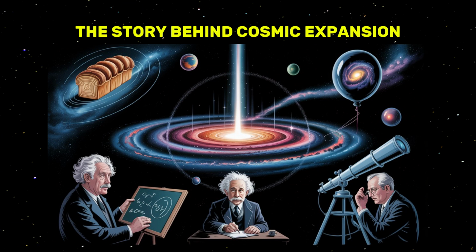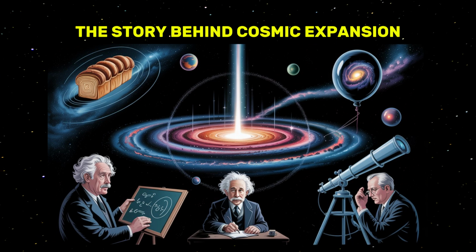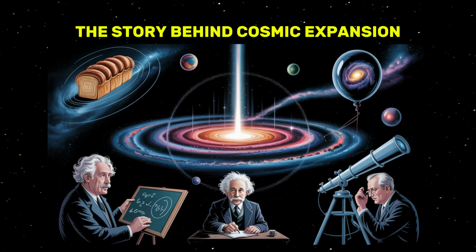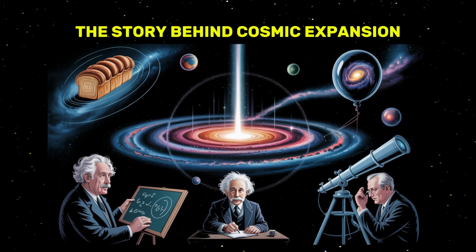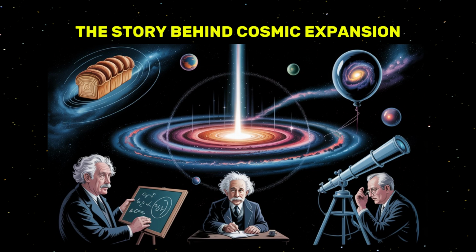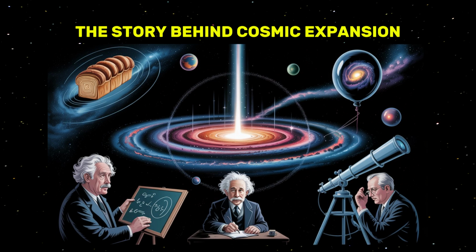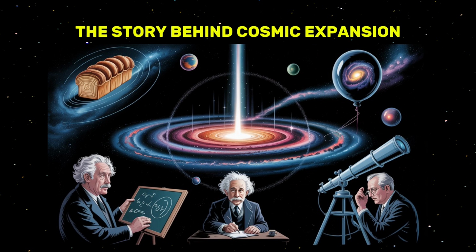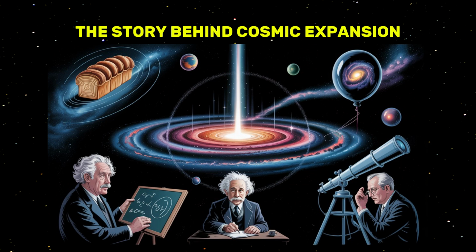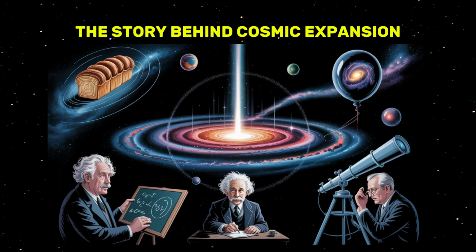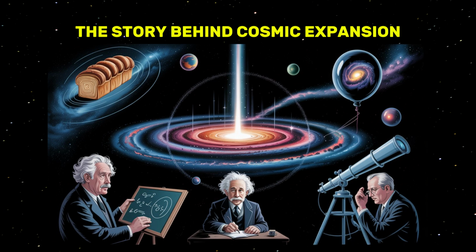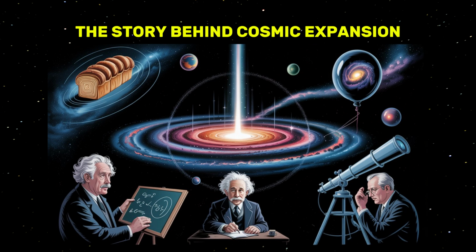As it turned out, Penzias and Wilson had unknowingly detected something revolutionary: the cosmic microwave background, or CMB, radiation. This faint, uniform glow, now known as the afterglow of the Big Bang, was the lingering heat from the universe's explosive birth. The CMB offers a direct glimpse into the universe around 380,000 years after its origin, when it had cooled enough for atoms to form and light to travel freely through space. This finding was historic. It served as a fossil imprint of the early cosmos, a smoking gun that confirmed the Big Bang model.